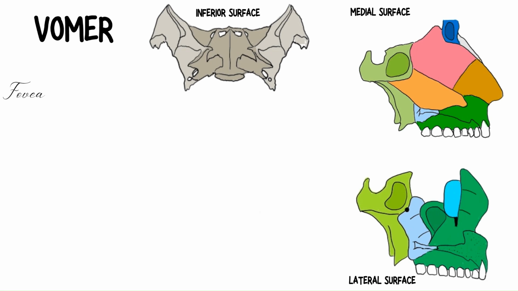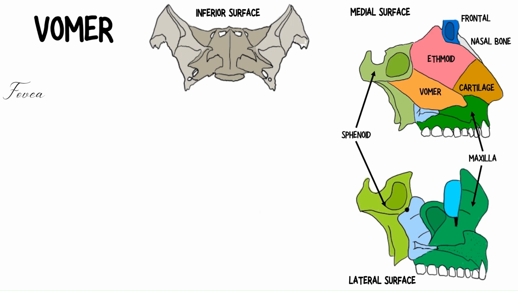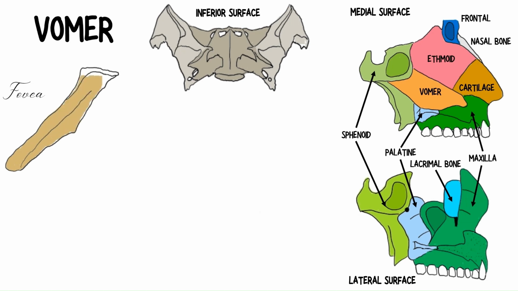The medial face is formed by the nasal septum, formed by the perpendicular lamina of the ethmoid, the vomer, the palatine process of the maxilla, the septal cartilage, and in part by the nasal bones and the nasal spine of the frontal. The roof is represented by the lamina cribrosa anteriorly and the sphenoid posteriorly. The lateral face is represented anteriorly by the frontal process of the maxilla and by the lacrimal bone, posteriorly by the vertical lamina of the palatine and the sphenoid. The inferior nasal concha also participates in the formation of the lateral face of the nasal cavities.